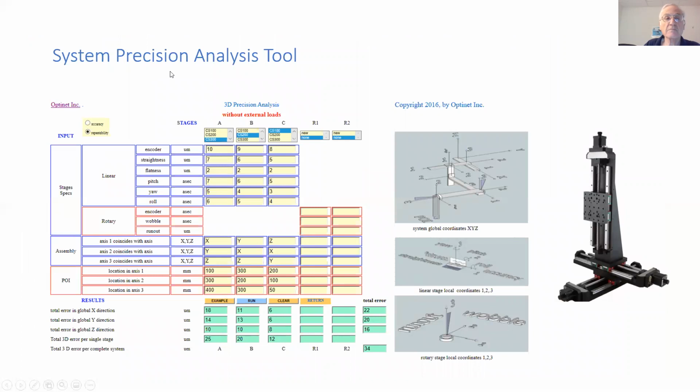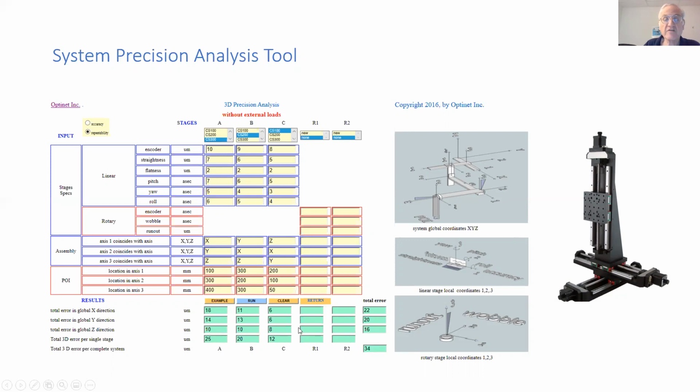Once we go through these derivations, we could solve for the Jacobian matrix and use it in order to construct a precision analysis tool such as this one, where we have a model right in here for a system, and the model allows us with simple Visual Basic or C++ or C#, or for that matter on an Excel spreadsheet, to write a relationship between the specifications of each one of these axes and the precision at the point of interest, repeatability or accuracy.